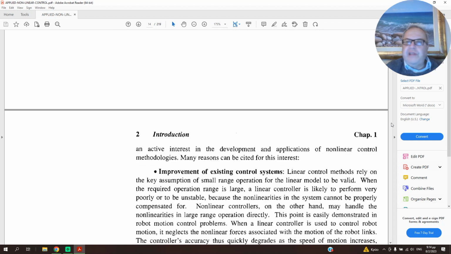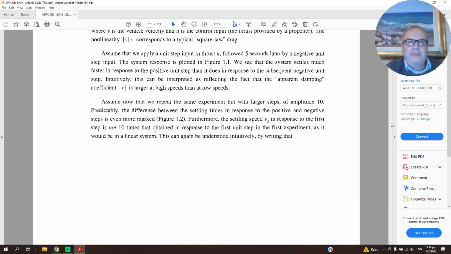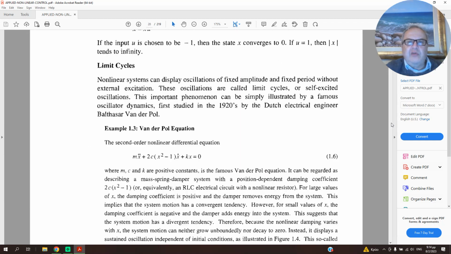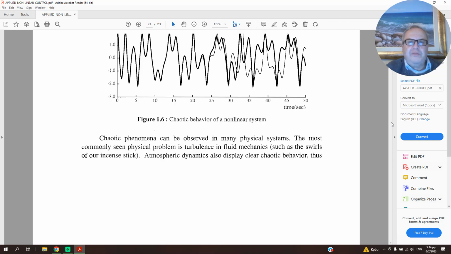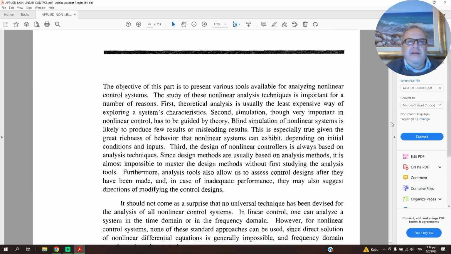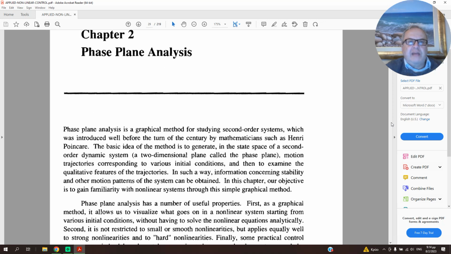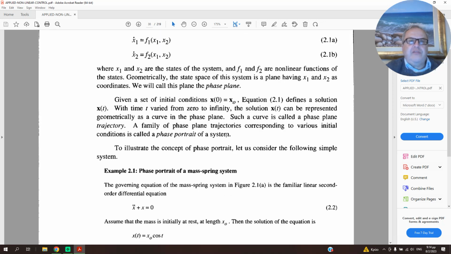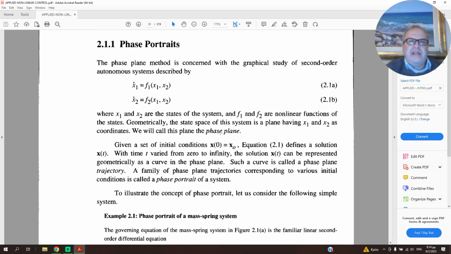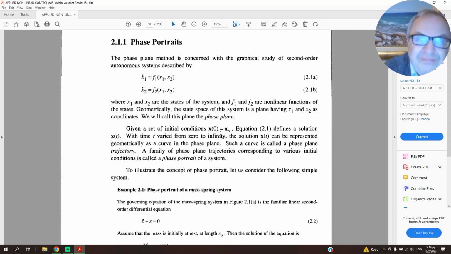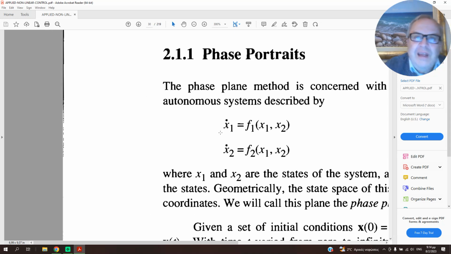And we finish chapter 1, and we are ready now to study chapter 2. For chapter 2, we go directly to the phase portrait analysis. What does it mean, phase portrait? Phase portrait means that, let's start with a